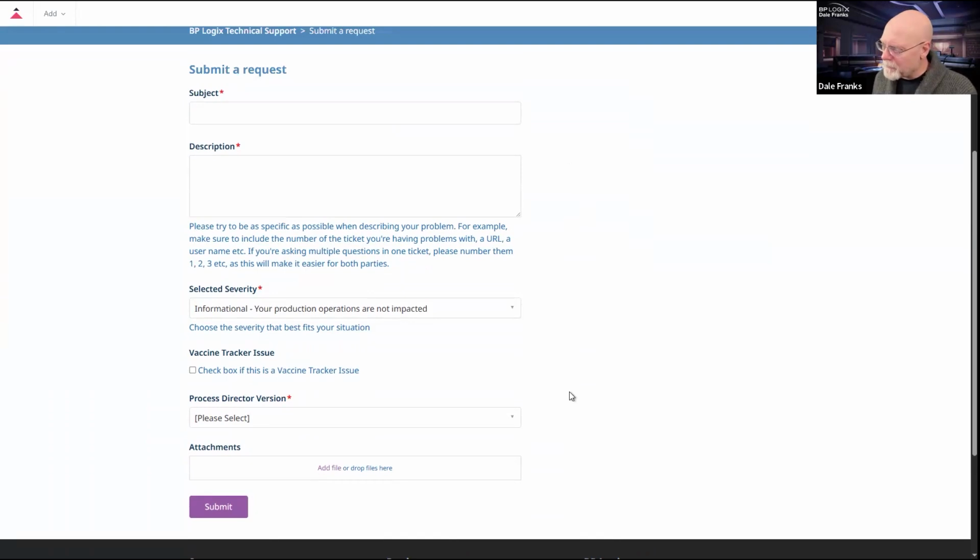Now, when you submit a ticket, it is going to send out a bunch of emails. And technically, you can reply to the emails to handle the ticket. So if we ask you a question, you'll get the email. You can just reply to the email and it'll handle the ticket. And that's very convenient.